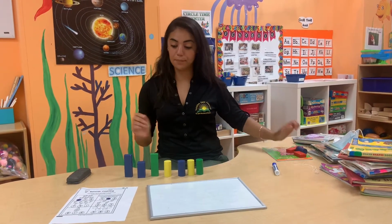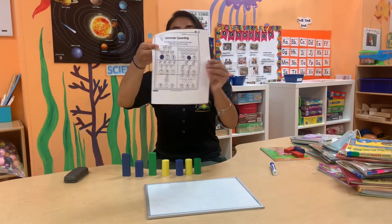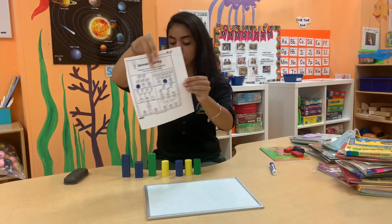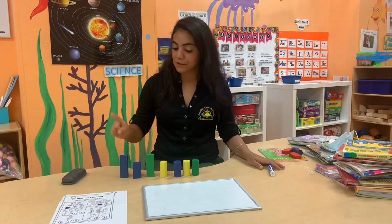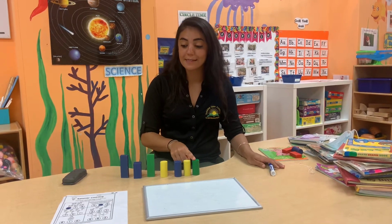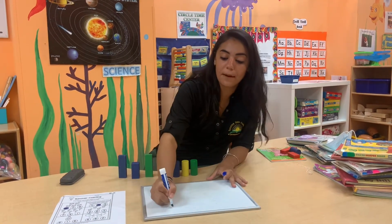Take these out. Now we're going to go down to our palm trees. Our palm trees are all one by themselves, so we'll be able to count each one, counting from left to right. 1, 2, 3, 4, 5, 6, and 7. So if I set up my numbers,